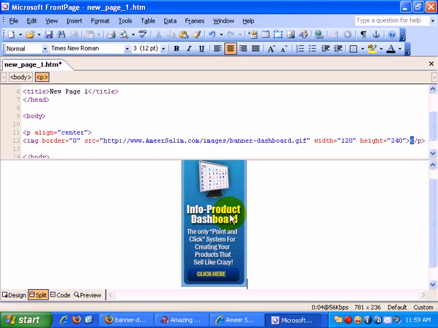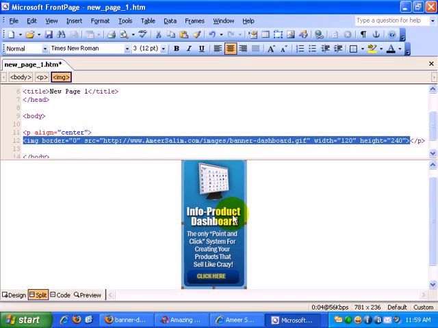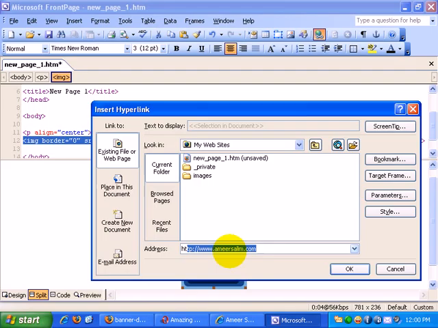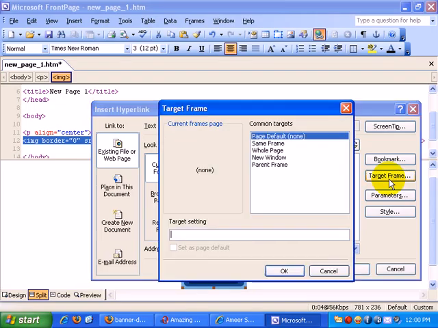Secondly, I will also want to link this image to my affiliate link, for example, okay, or to your own product. So I will again do the same thing for the text link which I've done just now. Just insert a hyperlink. For example, let's say this is the link, just an example. And if I want the link to open in a new window, I will click on this target frame and choose a new window and click on OK